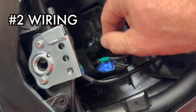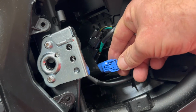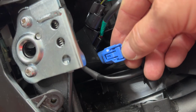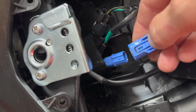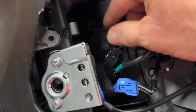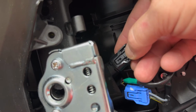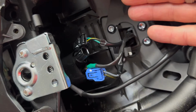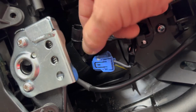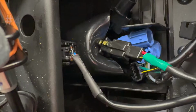And here we're having a look at the wiring harness for the Ninja 500. This blue clip is the left turn signal, and if you just push down on that little lever, it comes right off. You can do that one-handed, very simple. The black one is for the right hand turn signal, same thing, push down on the lever, boom, comes right off. No problem, no pulling. This cable is for the stock